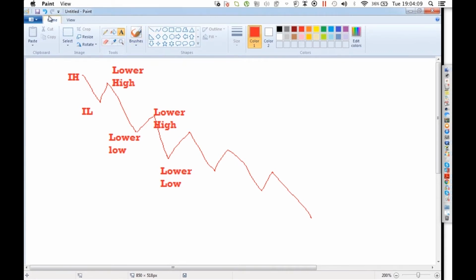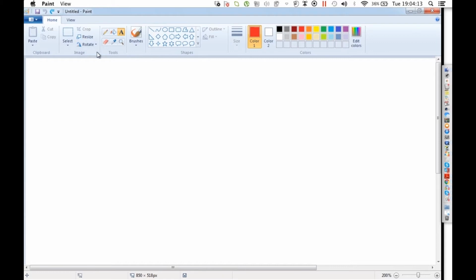Right. The first reversal patterns we have, which are the most basic and the easiest to find, are double tops and double bottoms. So a double top is when the market does this. The market comes up, and let's just say it reached a price of 13.50